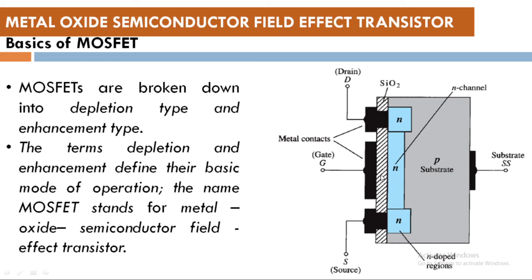Okay, so since there is an insulator between the gate and the channel, the resistance between these two is very high. It's almost infinite. In the ideal case it is infinite, but in practical cases it's very large, in thousands of megohms. So whenever this particular device is connected in a circuit, you will not expect any current